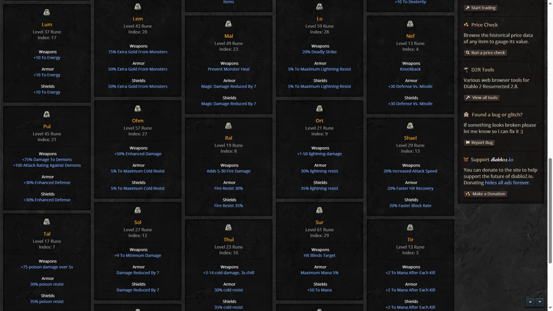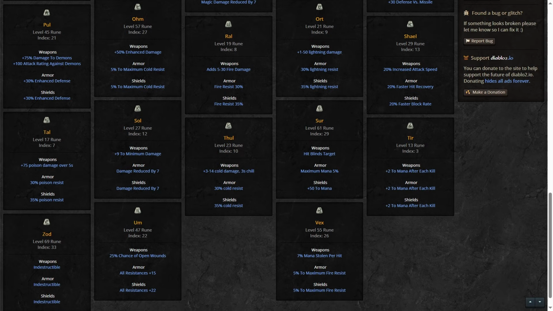Some of them were pretty easy to do, and that was just write out the ability and be done with it. But some of the things were very difficult to come up with. Things like faster block rate on the Shael rune. How do you have faster block rate in D&D where you don't have frames to worry about? So I'll get into all of that in a little bit, but let's introduce the runes and rune words section